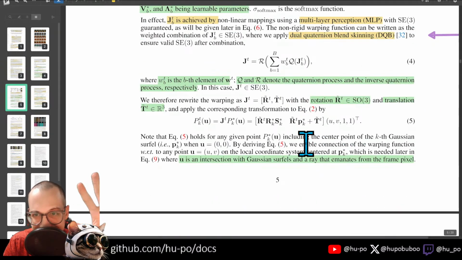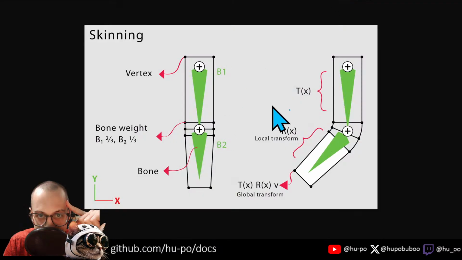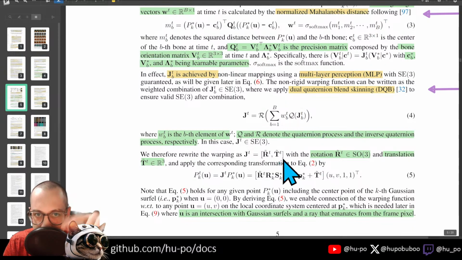This paper is quite intense. Okay, so we have WT. WBT is the bth element of WT. So WT is your skinning weights, right, which is this. So your skinning weights, that's something that you're optimizing. JTB is your rotation or your warping, which is achieved by a rotation matrix and translation. Or for the bones, sorry. Q and R denote the quaternion process and the inverse quaternion process. So you're basically turning this into a quaternion and then turning it back into this J. So you're going J to quaternion, then back. And when you do this, you guarantee